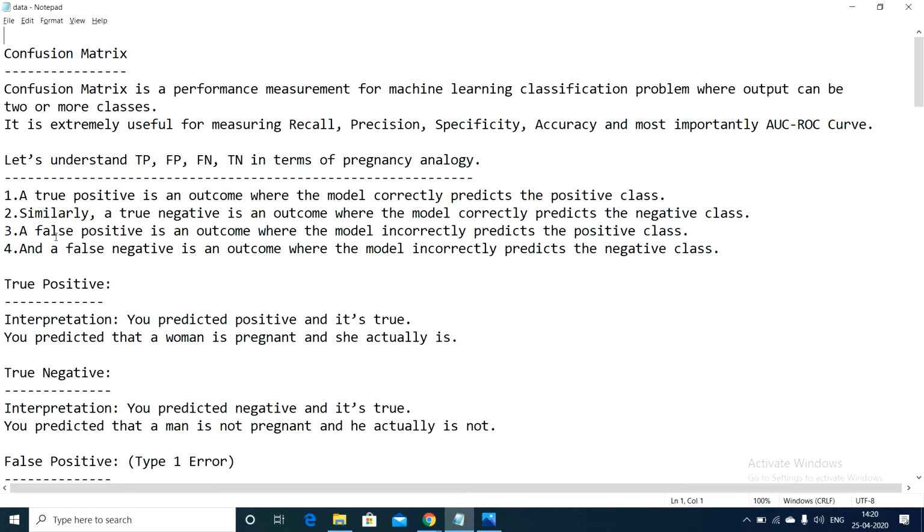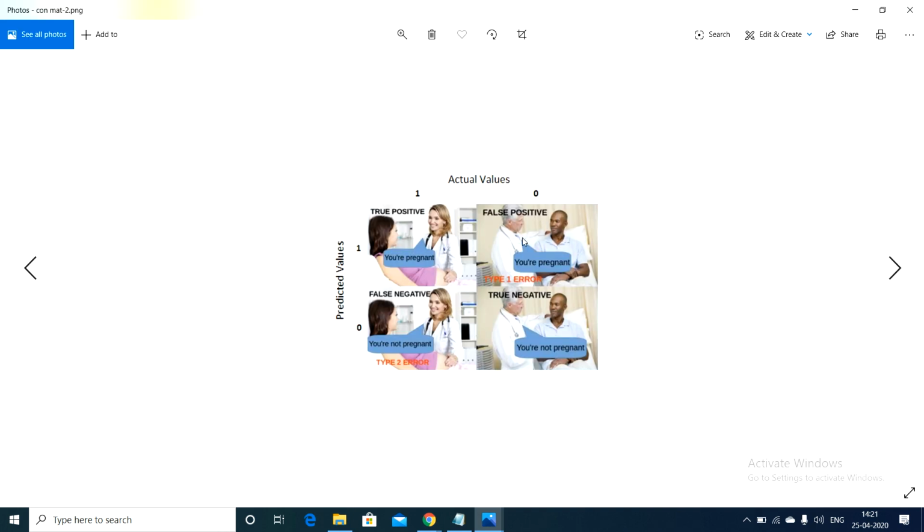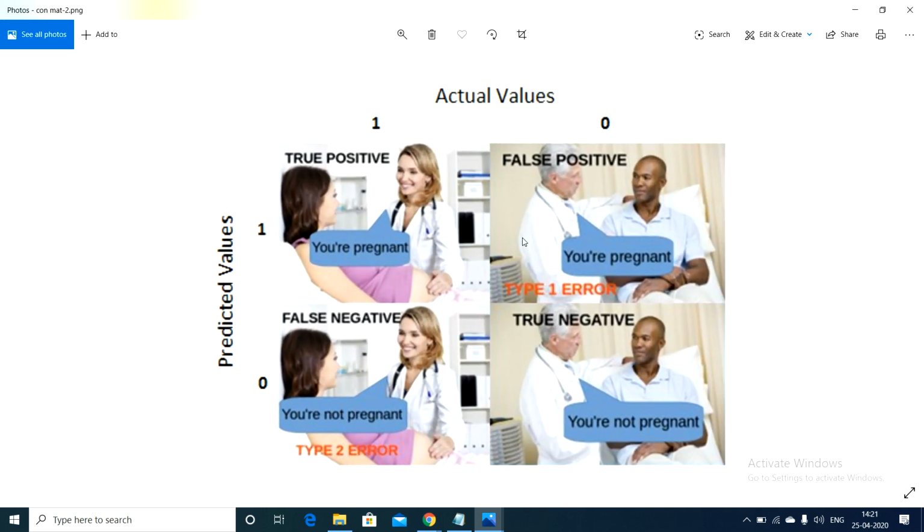Now I will show you an example regarding this, what exactly the negative case is and what exactly the positive case is. A false positive is an outcome where the model incorrectly predicts the positive case. Similarly, a false negative is an outcome where the model incorrectly predicts the negative case. Now let me show you a diagram here. Let me show you a figure. See here, I think you will be seeing this screen. So a true positive